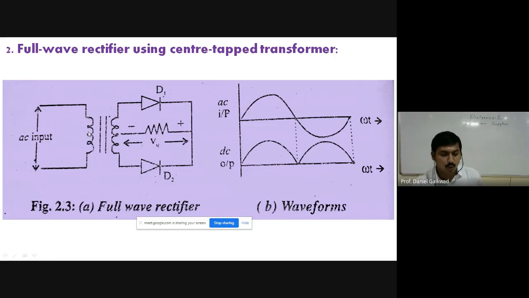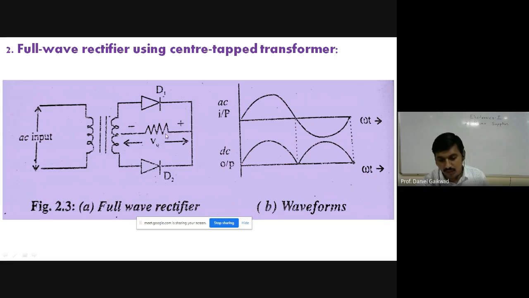So here we have 2 terminals for the primary and 3 terminals for the secondary, and that type of transformer is called a center tap transformer. Now check the diagram carefully. The first terminal of the secondary goes to the positive of diode D1. The second terminal of the secondary coil goes to the positive, or P terminal, of diode D2. Then both the negative N terminals are connected together. Check carefully. So these will be combined together, and we have the load resistance connected to the combination, and one connection to the center tap.